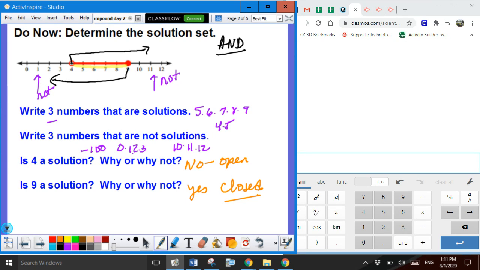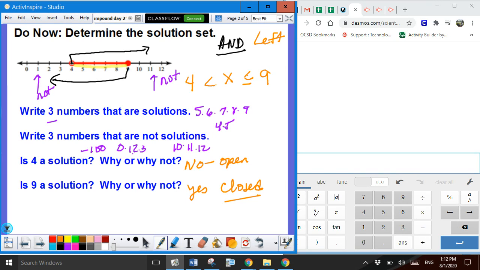All right, let's see if we can write our inequality. So knowing this is an "and," we know we have x. We know we have to have our numbers. So here's our 9, and there's our 4. And which direction do they always point on an "and"? You're right, they point to the left. You are correct. So less than or equal to 9